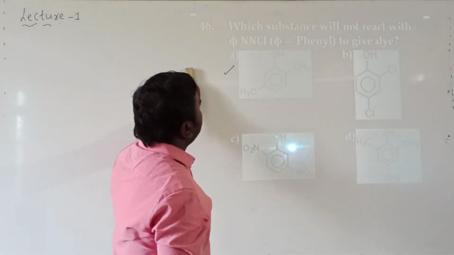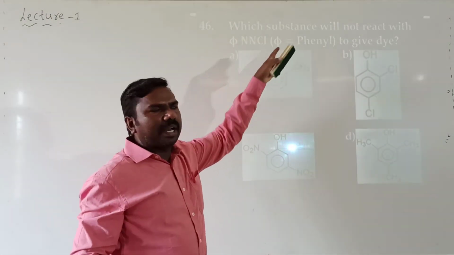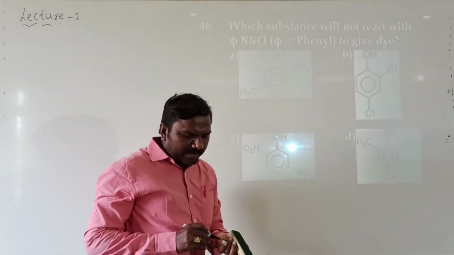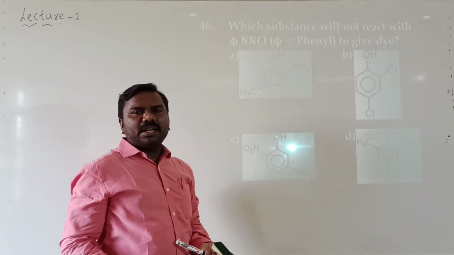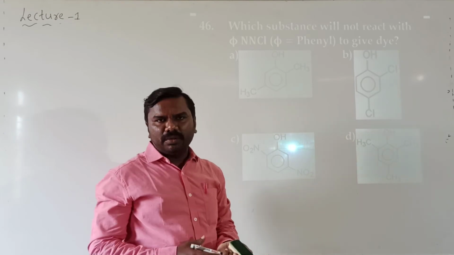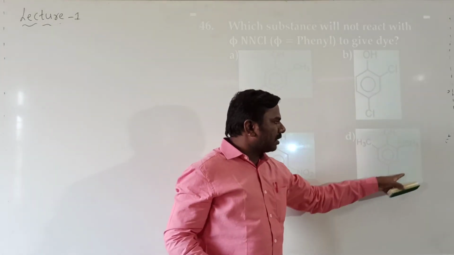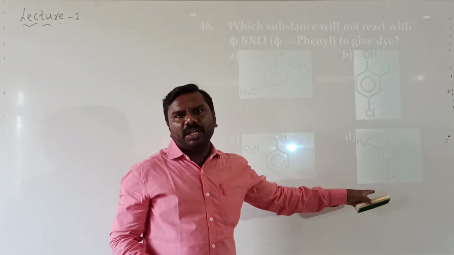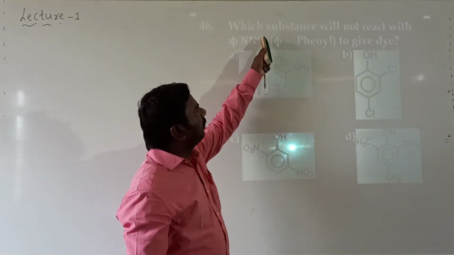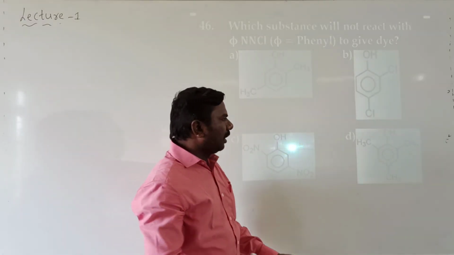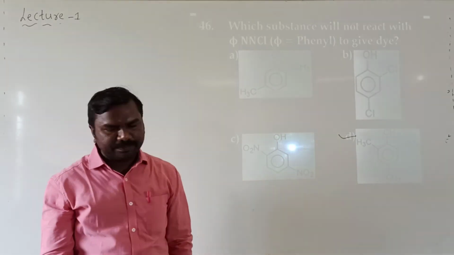Next, which substance will not react with ArX? It is benzene diazonium chloride. To give a dye, a colored azo compound, if more substituents are there, it is a bulkier one, and in that case it is very difficult to give. Here totally 3, but in this case totally how many are there? 4. So it is very difficult to give the test with aniline or phenol. It is difficult to give a color with benzene diazonium chloride because of the more number of substituents and crowding. That's it. Next,